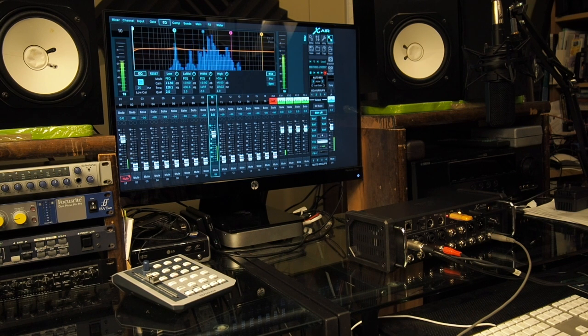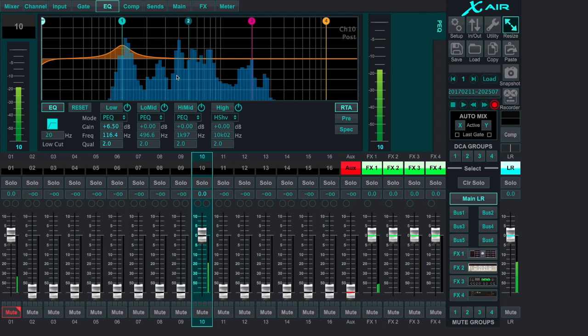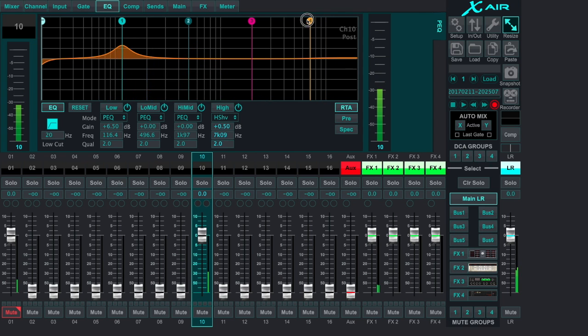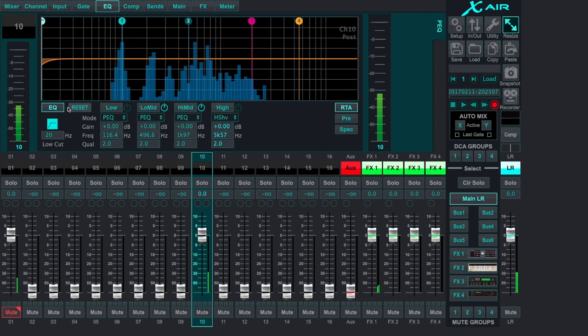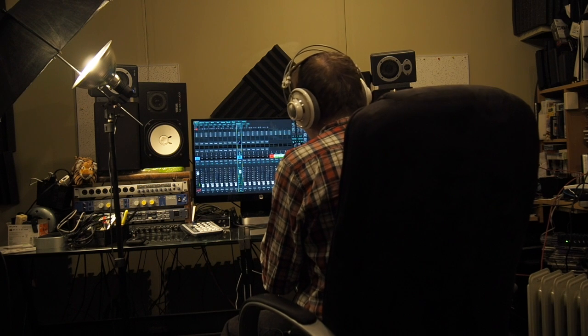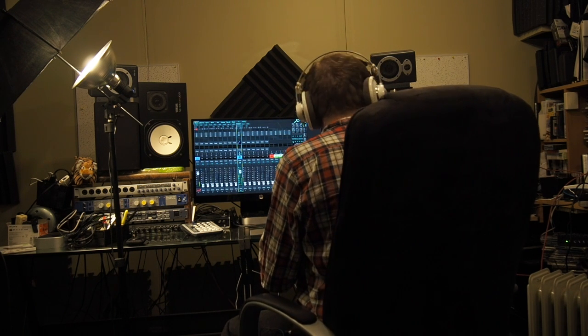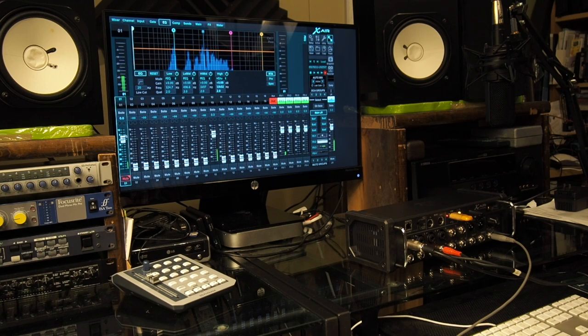Too bad I can't just scroll my mouse wheel and change those settings. If I want to add a little bit more bass to the voice, we can bring that in. Make sure EQ is activated there. And if we want to bring in some shelving highs, we can do that. If you want to just turn them off, you can get rid of them that way. So you can hear it sounds pretty good. If I were to go back over to this channel, and yes,